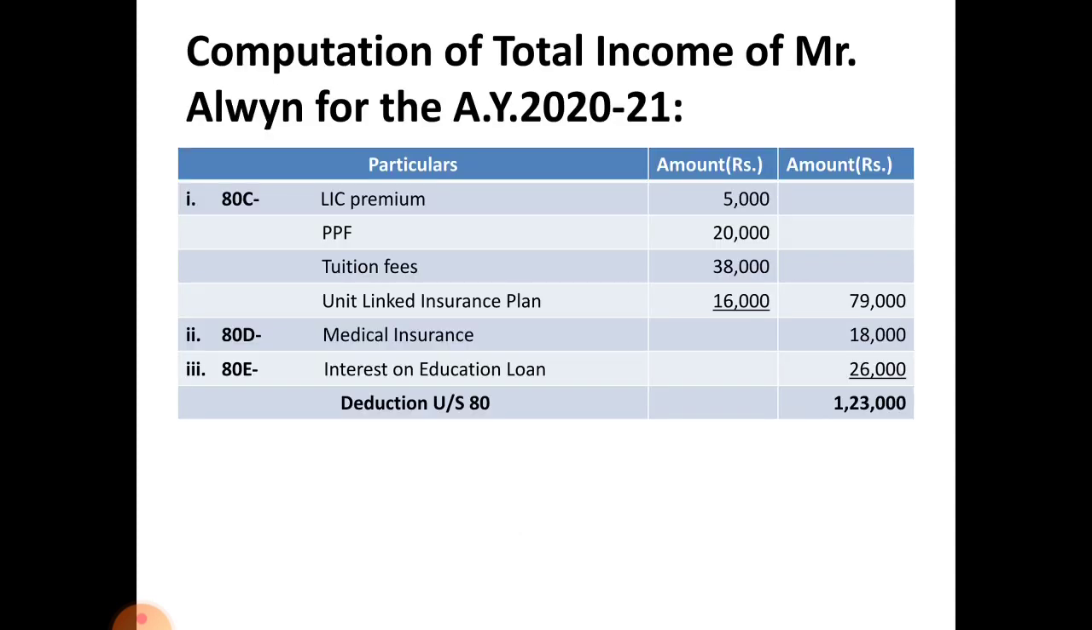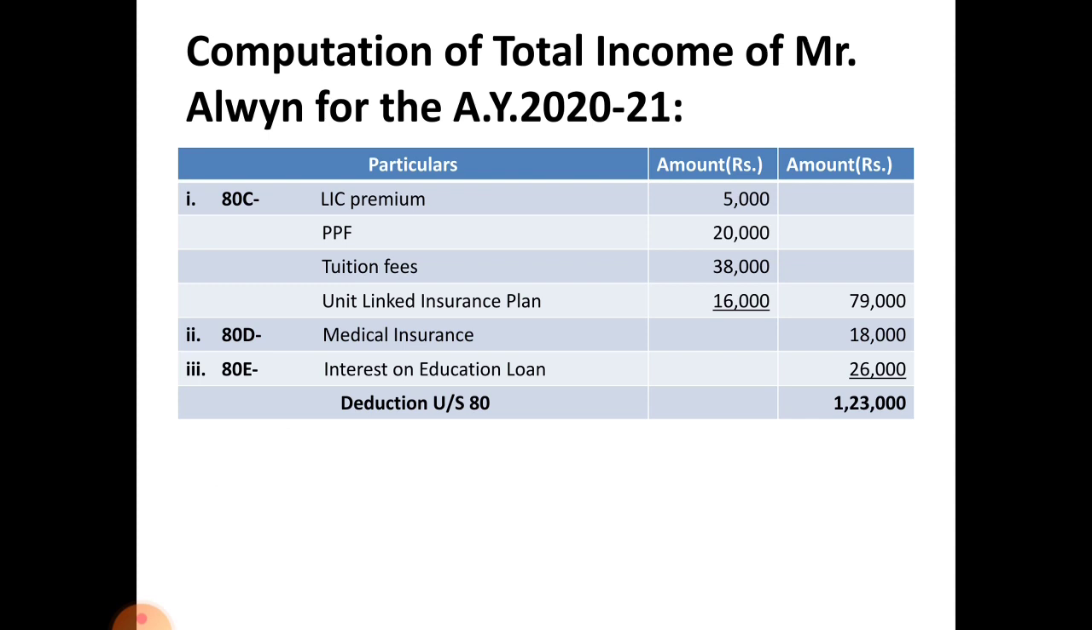So you can directly start with 80C, that is life insurance premium paid 5,000 on the life of his wife, and public provident fund 20,000 rupees. Next, tuition fees of his daughter 38,000. Unit linked insurance plan 16,000. Total of 80C amounts to rupees 79,000. Next one, 80D medical insurance premium paid 18,000 rupees, and section 80E interest on education loan 26,000 rupees. Total of deduction under section 80 amounts to